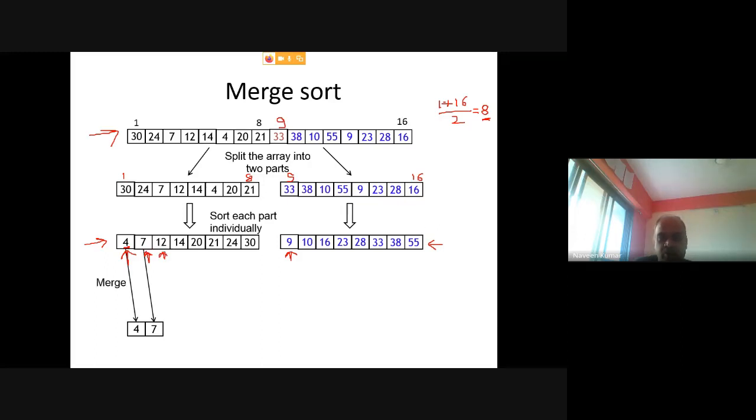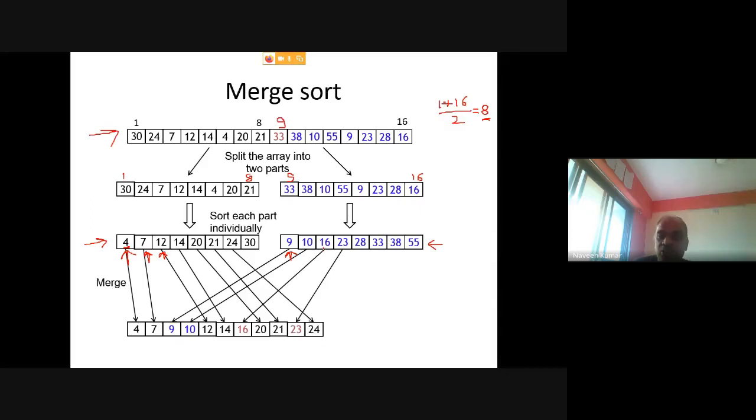Compare 12 with 9. 9 is smaller, so put 9 here. Similarly, compare 12 with 10 now. 10 is smaller, so 10 comes here. Now compare 16 with 12. In this way you merge the two arrays' elements, and finally you get the sorted sequence. This is how you get the sorted outcome.